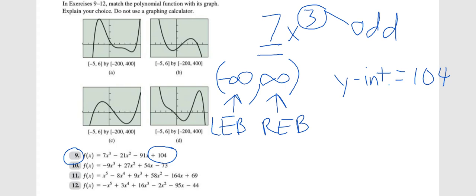Okay, so if it's 104, which one of those, and those are the left and right end behaviors, we definitely can rule out B and D. So you've got choices A and C. What are you thinking? Yep. I said C because